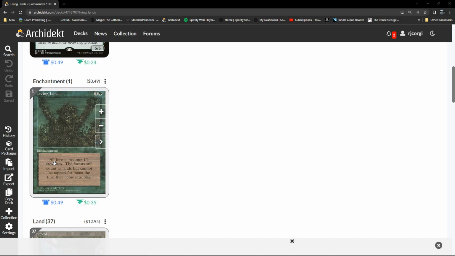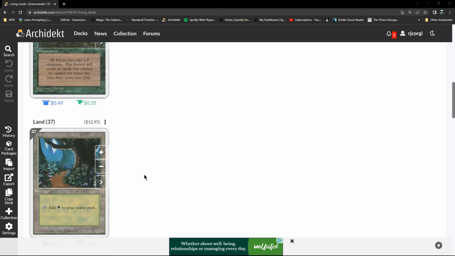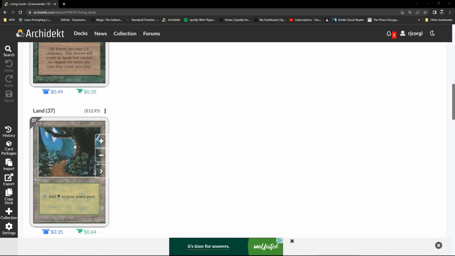So it's 3 and a green, it's an enchantment, all forests become 1/1 creatures, the forests still count as lands but cannot be tapped for mana the turn they come into play. So it slows things down. So yeah, it's basically a forests to creatures deck, and it's in mono green. We'll see where that takes us. We've got 37 lands from 4th edition,